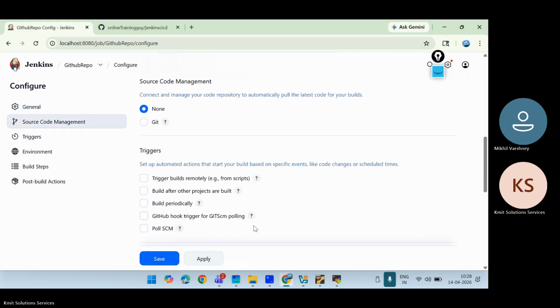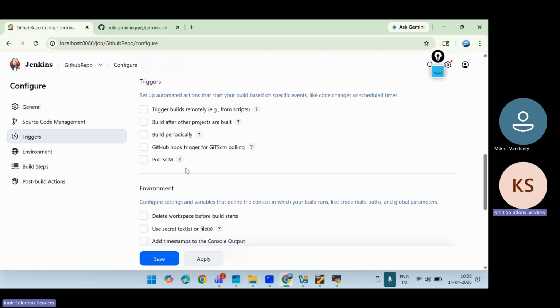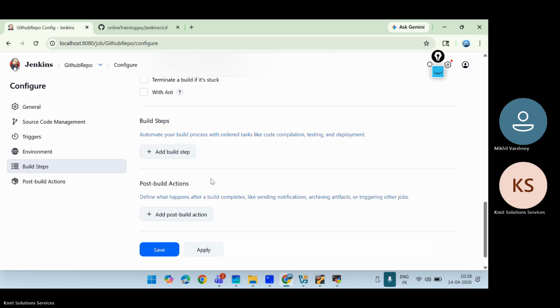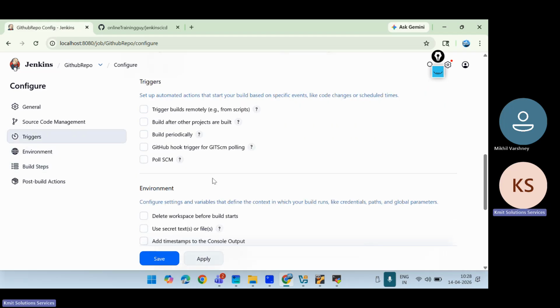And here I will not use this poll SCM or periodically. We will see one more concept later, which is the webhook. So that we will see in maybe tomorrow's lecture. So what I want to do,